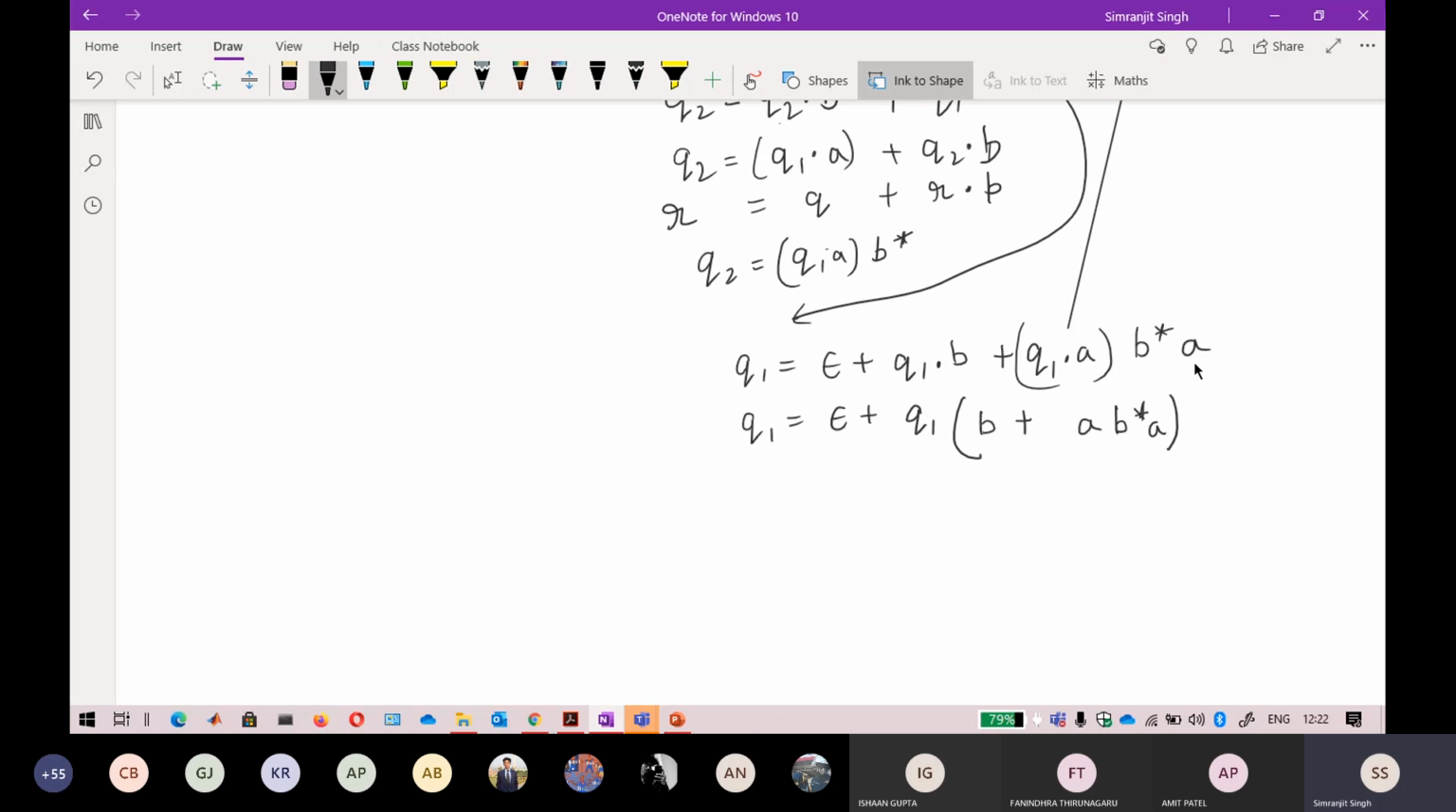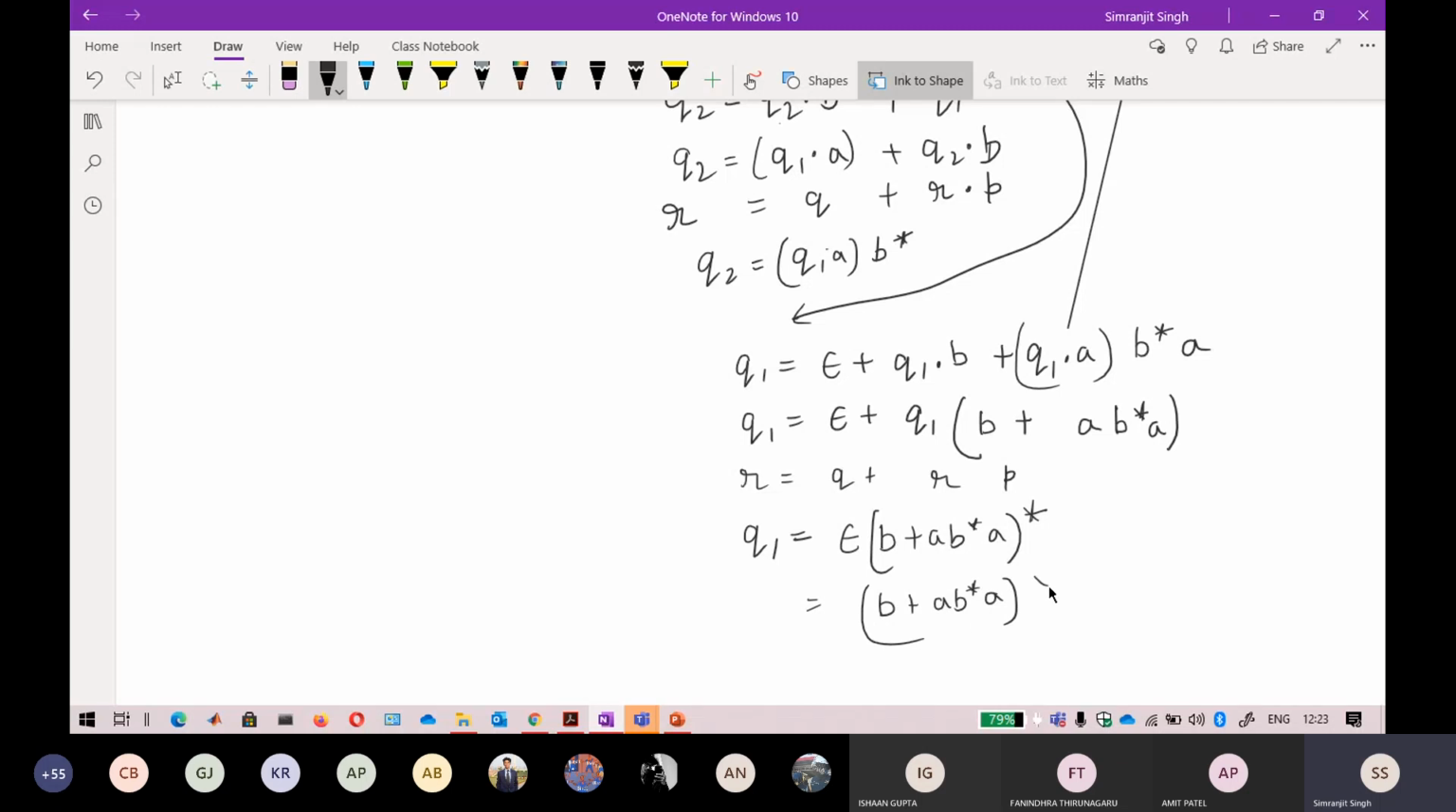Now if you just look at it, your expression is reduced to this. If you clearly see the pattern here, R equal to Q plus RP. So it can be written as R equal to QP star, so Q1 equal to QP star. What is Q? Epsilon. P is B plus A B star A, raised to power star. As this is multiplication and this is epsilon, it is 1. So you can write the regular expression like B star followed by